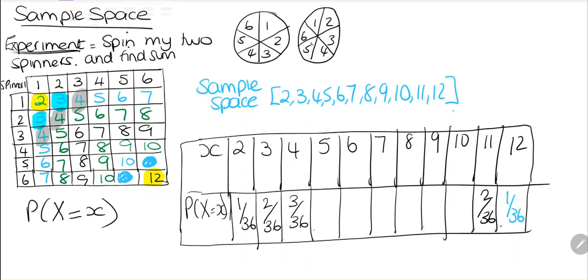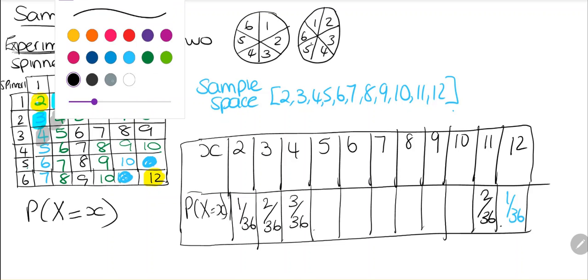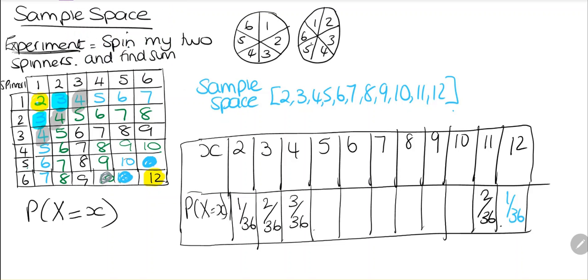And then again, we've got a pattern going on here. So if we looked at our 10s, there's 3 10s here. So this is going to be 3 over 36. So our 5s. So we've got 1, 2, 3, 4 5s. So this is 4 out of 36, which we could write as a 9th. And then I'm going to do 1, 2, 3, 4 9s, which is going to be the same, 4 out of 36. Now our 6,